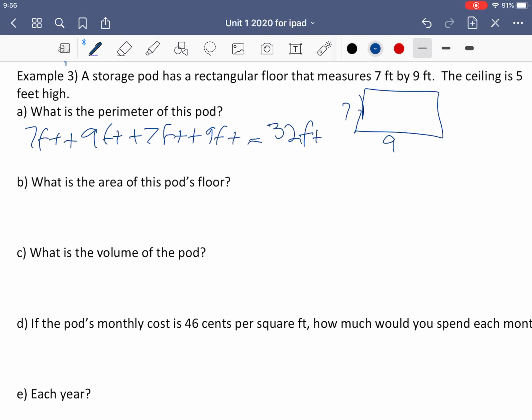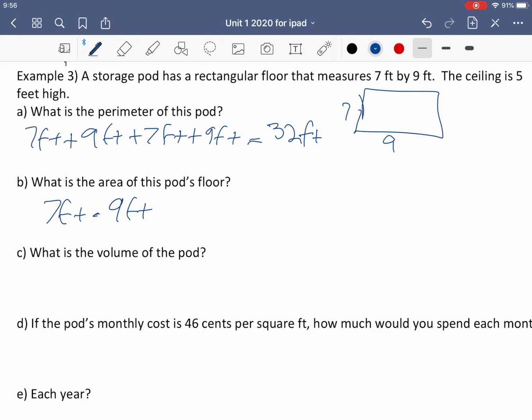Now remember, I don't do anything weird with feet when I'm adding. Say you had 2 apples and you're adding 2 more apples, and 2 more apples, and 2 more apples. Those are just apples in the basket, right? You haven't got some kind of mutated apple squared from that. It's apples. So here it's feet. What about area? Area is going to be 7 feet